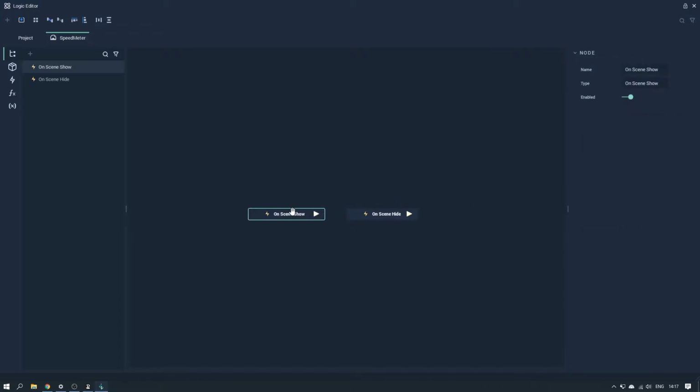Now you'll see that we have two event listener nodes already in the graph. They trigger when the scene is shown or hidden. But what if we want to be able to trigger logic manually, by pressing a key on the keyboard for example? Now let's create a console node like we did before, except this time we're going to do it a